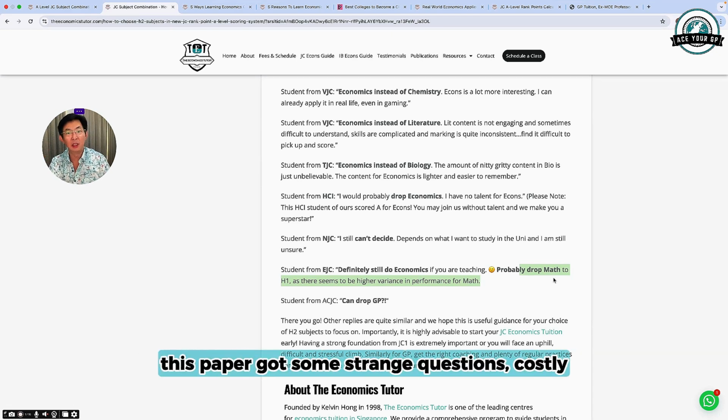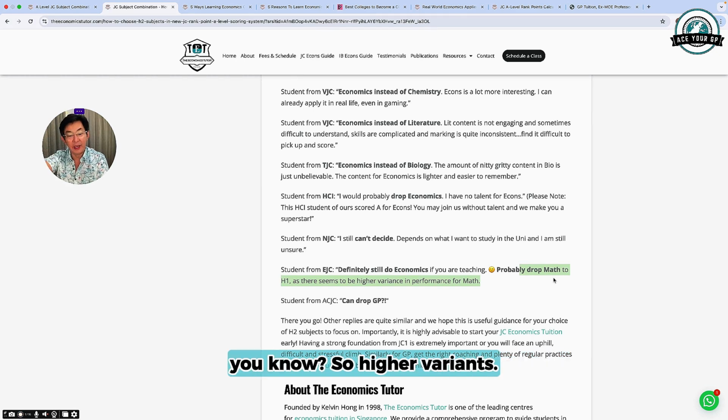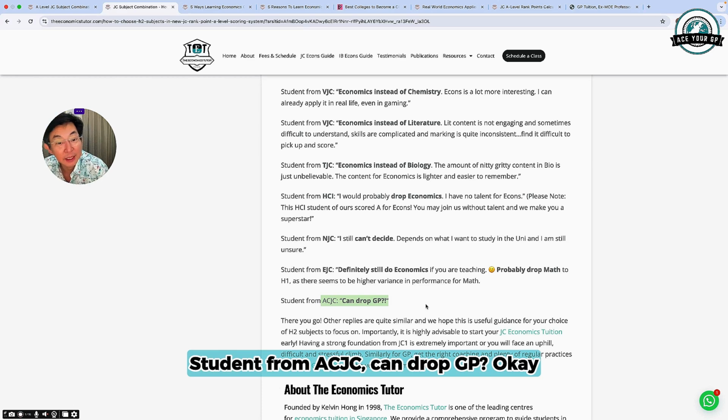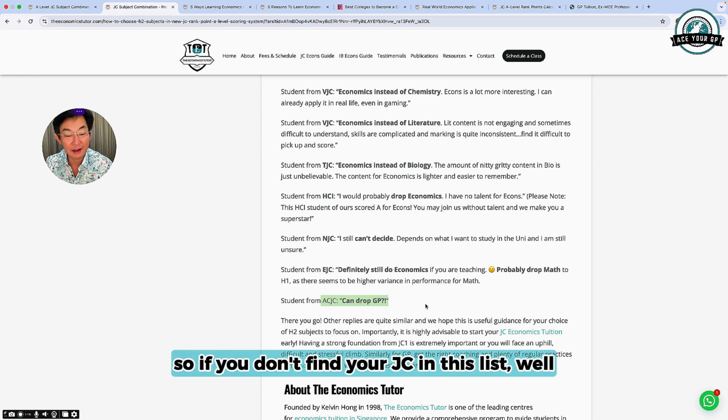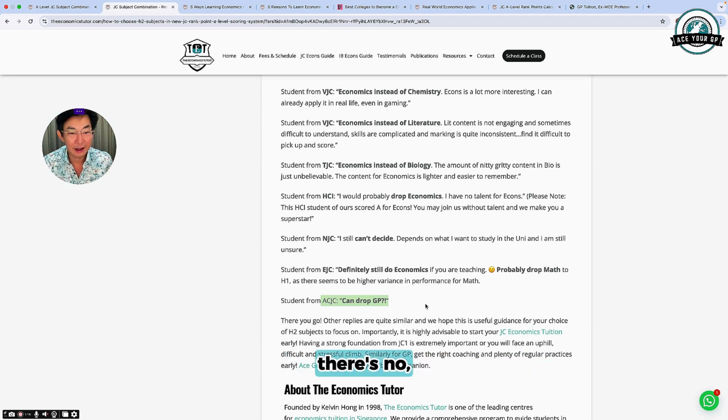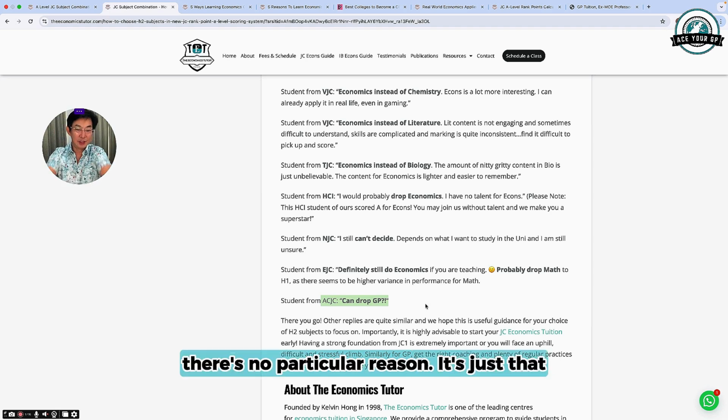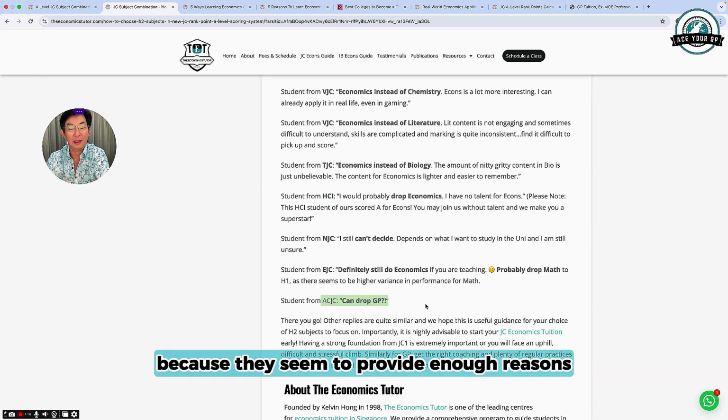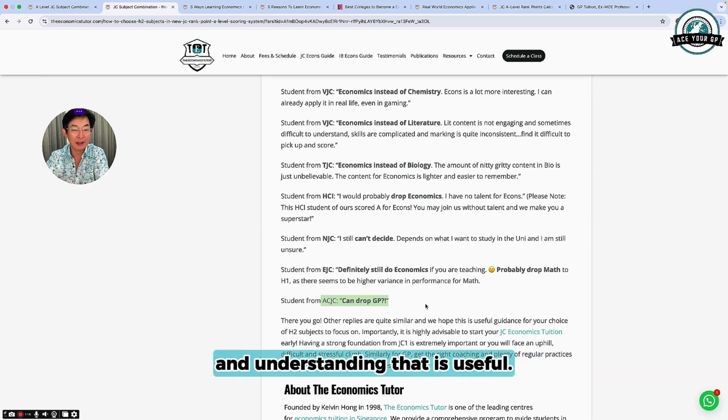Sometimes you can score an A, then suddenly this paper has some strange questions and you score a C, so there is higher variance. Students from ACJC can drop GP. If you don't find your JC in this list, well, there's no particular reason. It's just that for a sample, we selected this list because they seem to provide enough reasons,